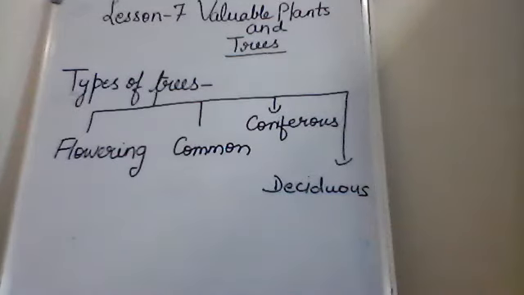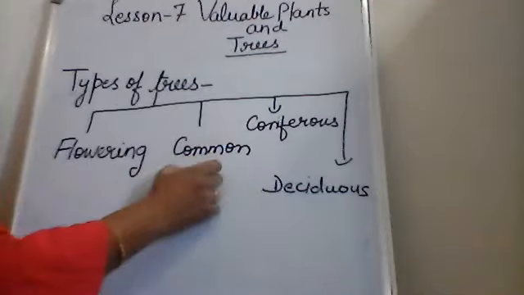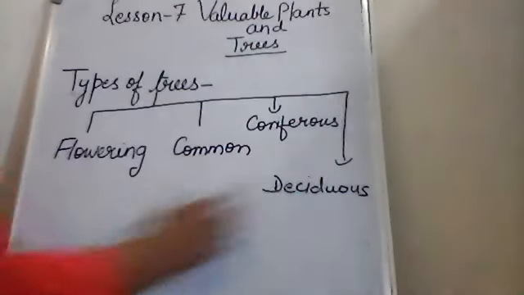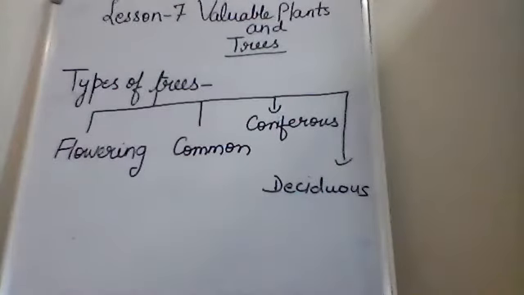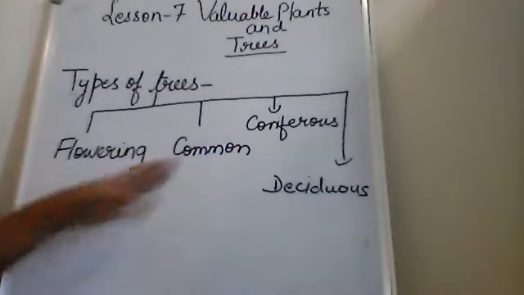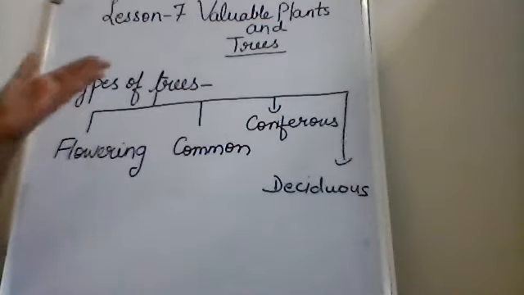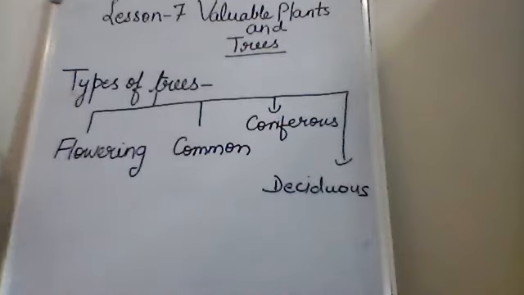Now children, let us understand about different types of trees. So here: flowering trees, common trees, coniferous trees and deciduous trees. Let's understand about flowering trees. It means the trees which always have flowers are called flowering trees. For example, cherry. Common trees are those trees which we can see everywhere, like peepal,